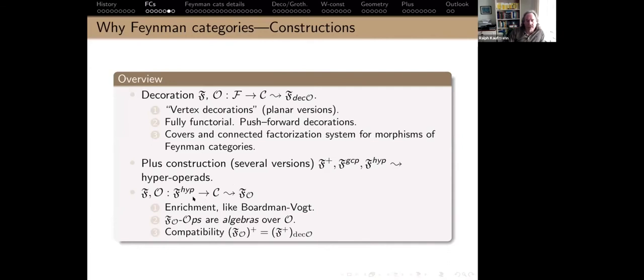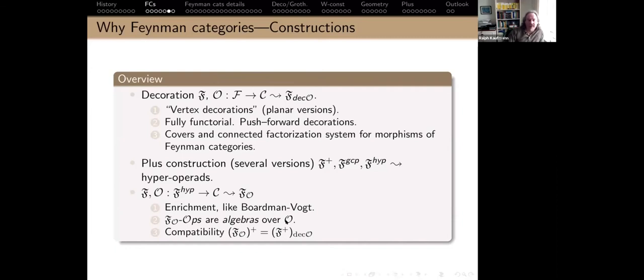Direction works like this. You go one level up, so actually to the hyper level. You take a functor and then you go back down a level. And what you can do is enrich your original Feynman category with this functor. And this is exactly what gives rise to this Boardman-Vogt enrichment. When you look at the P_{m,n}, you think of those either as Hom sets or as functors, as props. That's exactly this thing. And then the functors from FO let you define algebras.